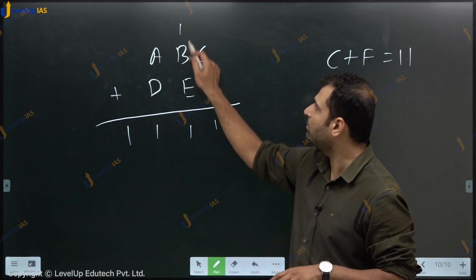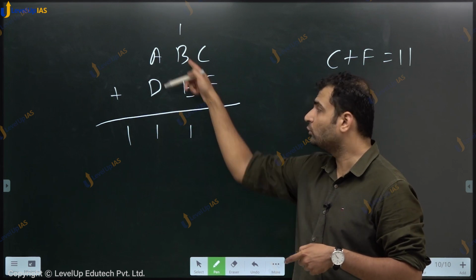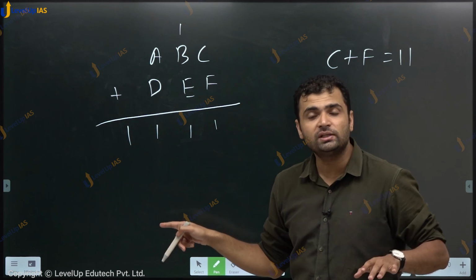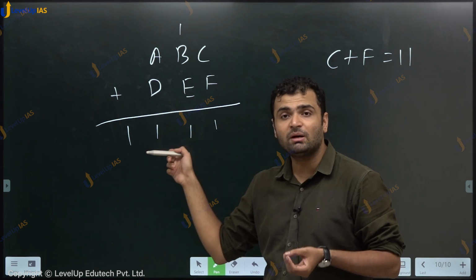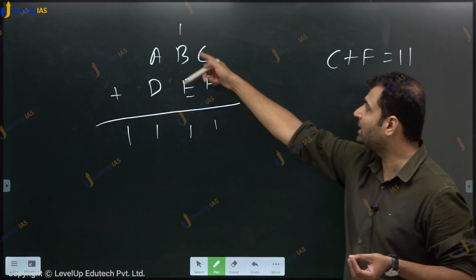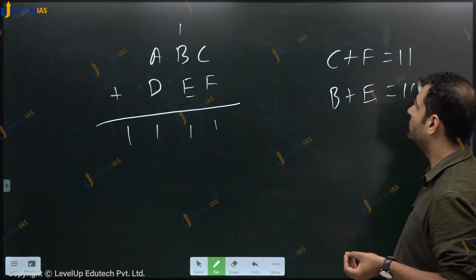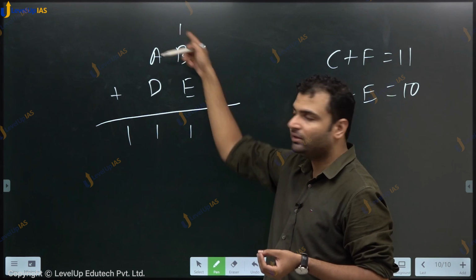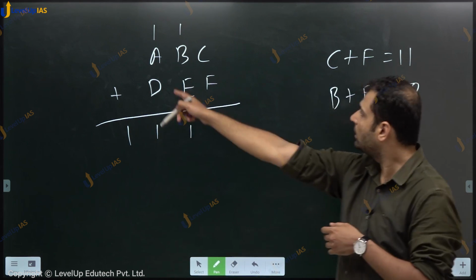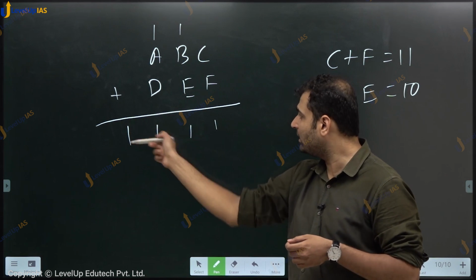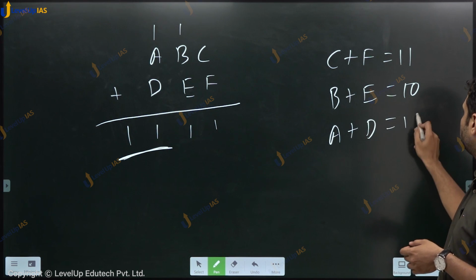अब क्या होगा? Again B + E + 1 मिलके 11 का 1 बना रहे या फिर 1 बना रहे? 1 कब बनेगा? दोनों zero होंगे तभी बनेगा, वो तो हो नहीं सकता, because B and E are non-zero, so this B plus E plus 1 must become 11, so B plus E must be 10, then only we can have B plus E 10 plus 1 is 11 here, and then carry forward again 11 का 1. Similarly A plus D plus 1, it needs to be 11 here, so A plus D is equal to 10.